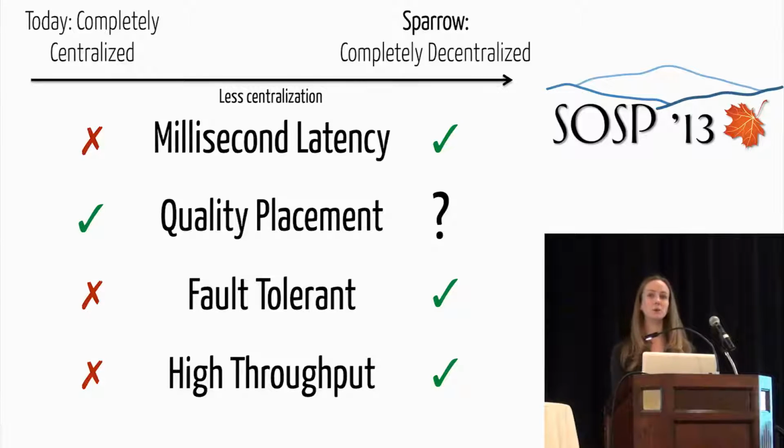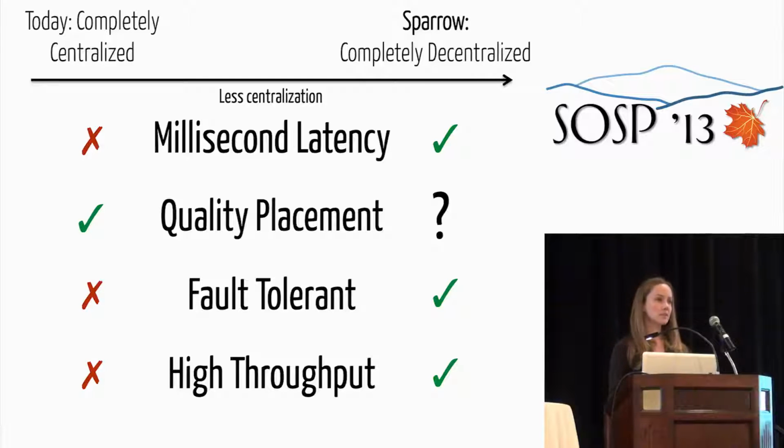Now, there's one big advantage of centralized schedulers, which is that they have global visibility. This enables them to do a good job of placing tasks. They have a view of the tasks that are running on all of the worker machines in the cluster, so they can make sure that all of the many tasks in a job are placed on machines where they won't have to wait for a long time. They can enforce constraints, and they can also enforce global policies across many users. However, the sum of all of these goals is going to be increasingly difficult to support with a centralized scheduler.